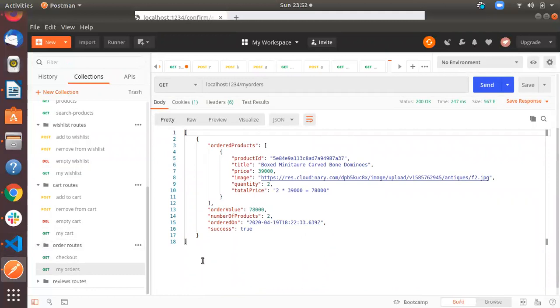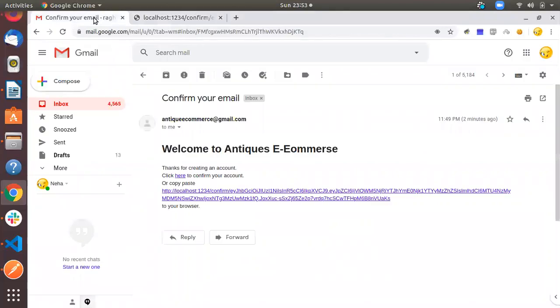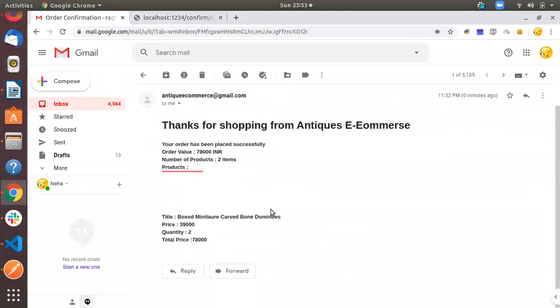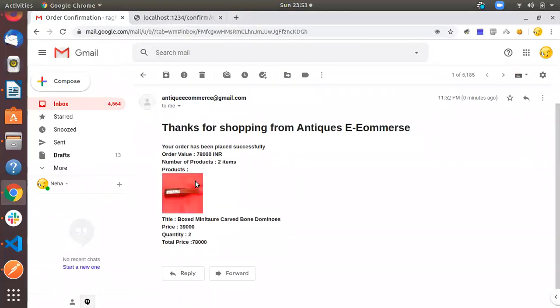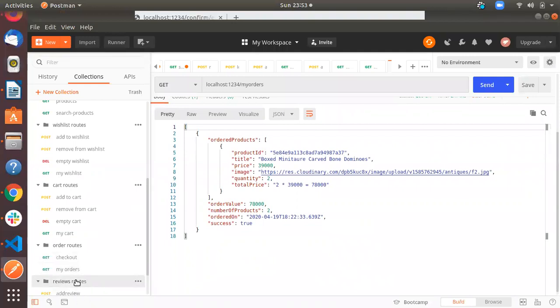And for the products I have purchased, an email will be sent to my email also. I can see which products I have ordered, with the product's name, ID, and the product picture. And you can also review any product, right?